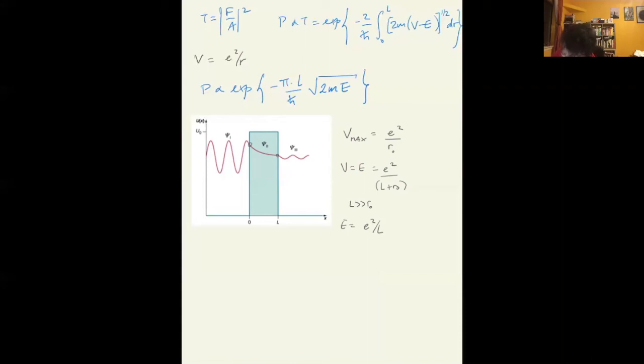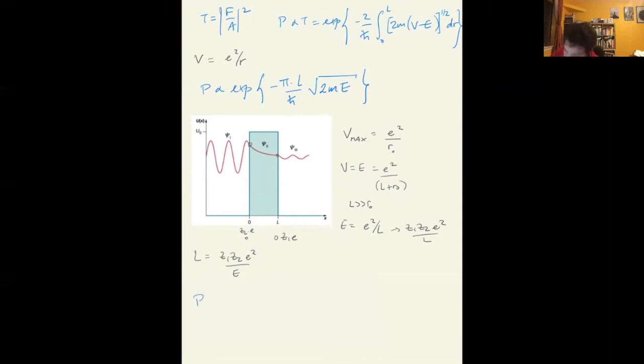Actually, here let's reinstate the fact that these don't need to be two protons. They can be any nucleus. They can be a nucleus of charge Z1 times the charge of the electron, and an approaching nucleus of charge Z2 times the charge of the electron. So, in fact, the energy would not be e squared, it would be Z1 Z2 e squared over L. So you can write L in terms of the energy as Z1 Z2 e squared over E. If you substitute this L into the probability,